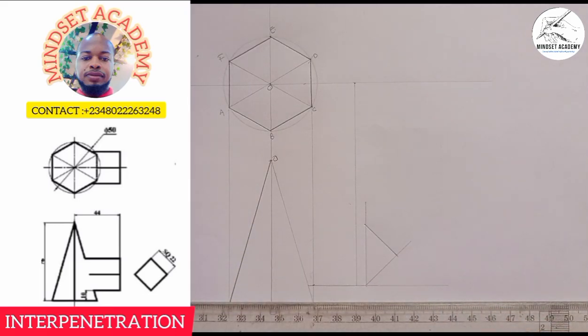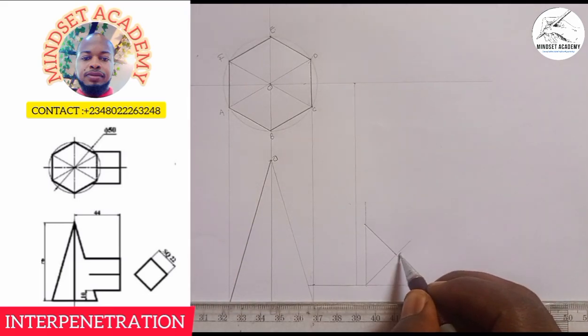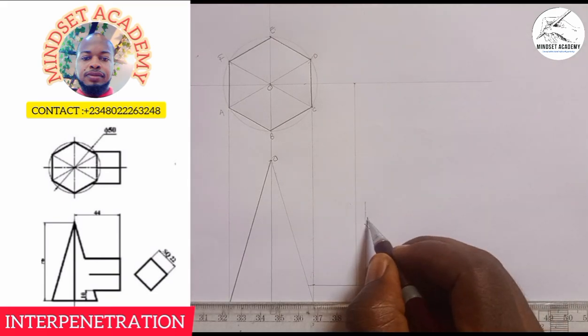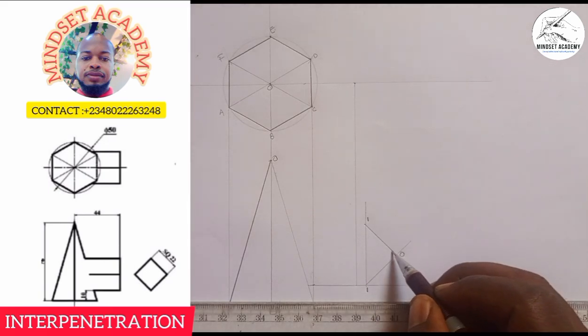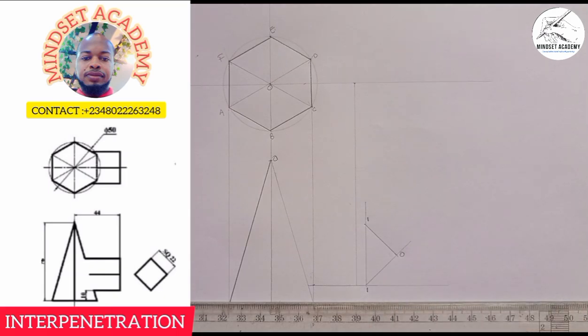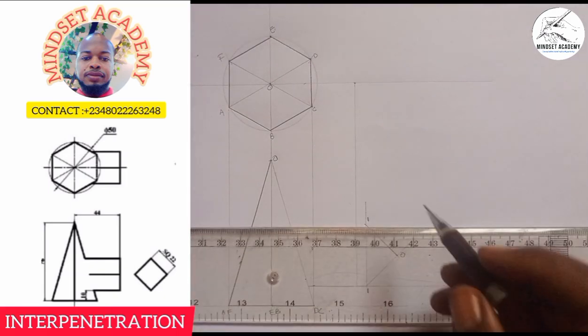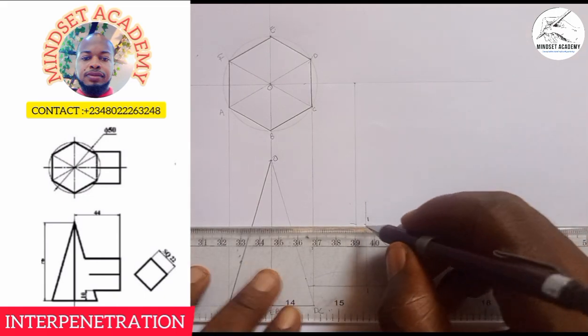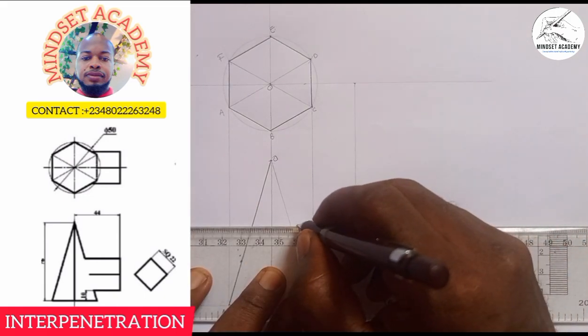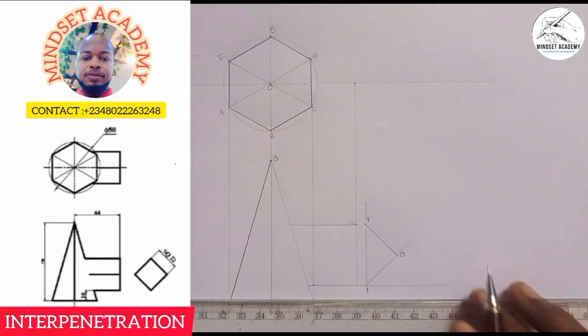So I can easily call here to be 0.0, 0.1, and 1. See what I'm doing? So 101. Now aside that, you know, it must form what? 90 degrees. If I want to complete it, I can just bring the rest out, but I don't need that. So this is what I will now use to complete this here this way. Hope you can see that. So I can easily just